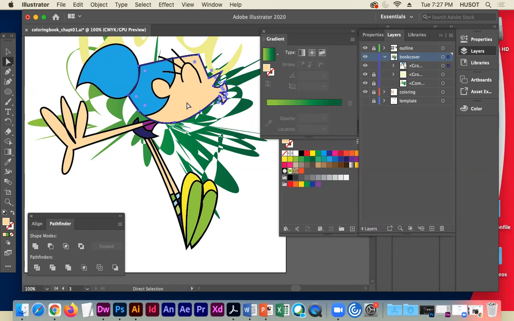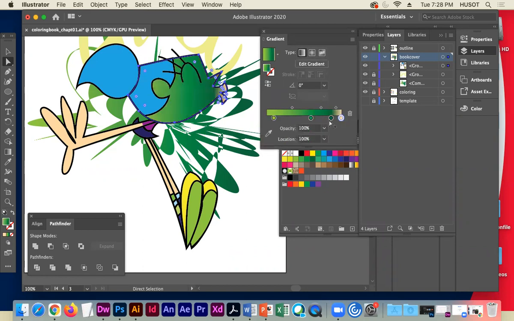So the very first thing I do inside my drawing, when I have shapes filled, I try to keep my fills underneath my strokes, right? My black and white pen line, and then my colored shapes under it. That way I know I can always have a solid outline if I want, and I can detail the shapes inside of it. So the first thing I'm going to do is I'm going to go in and